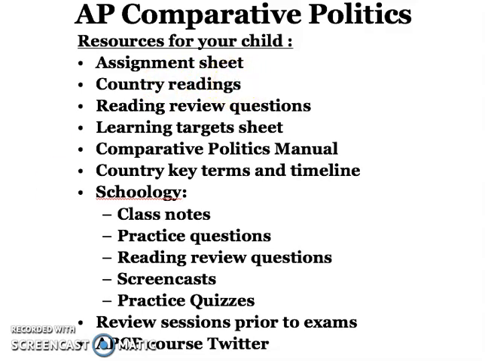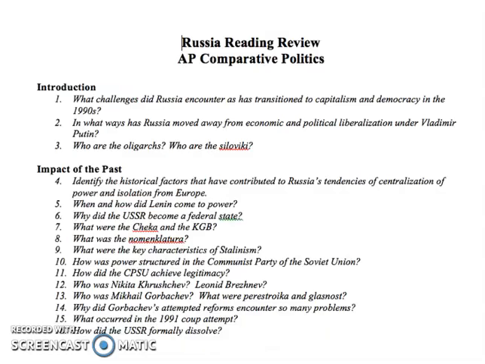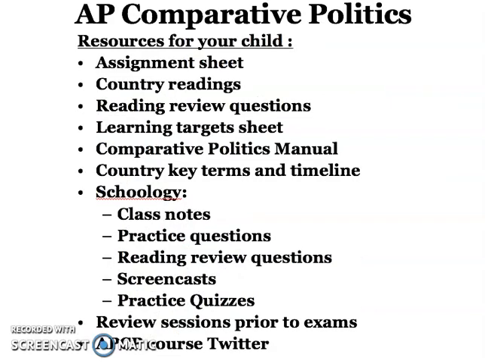Along with the chapter readings, the kids get a reading review sheet, and this is just an example of the one that they'll be using, and there are like 70 questions on it, but this is just a shot of the first page. These questions they are responsible for from the readings, and so they need to be aware of this. I'd encourage your kids to look at the reading questions for each section before they do the reading, so then they can either take notes, highlight, or annotate, whatever the case is going to be.